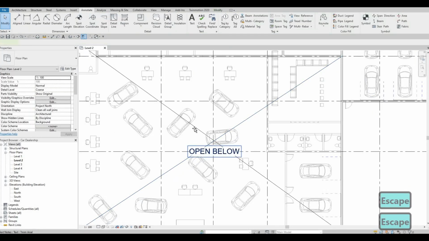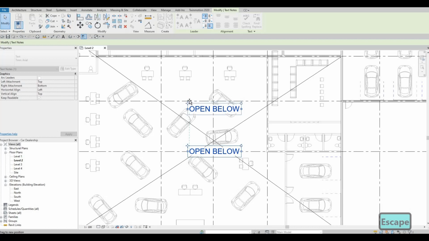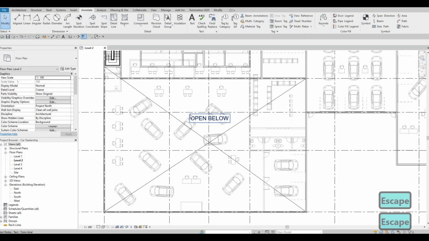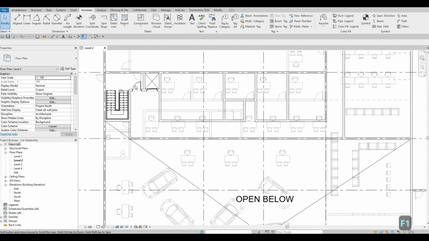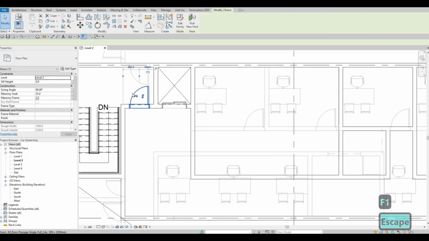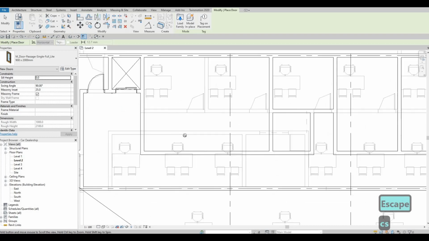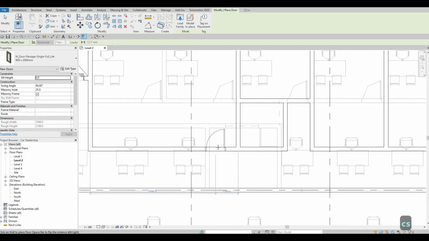So here I could just add this text right here, because once we turn off the underlay, it won't be able to see this. So for now, I'm just gonna leave it there, and then let's again add all the doors. So here I'm gonna add a door right here. We will have